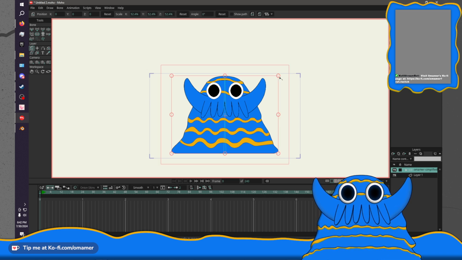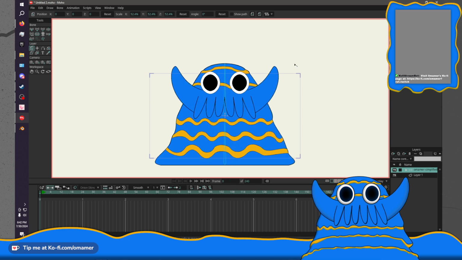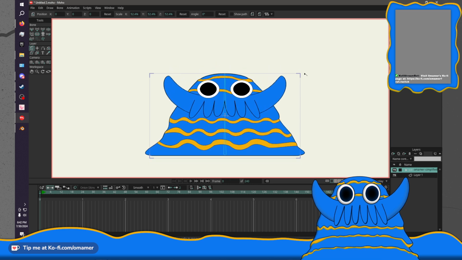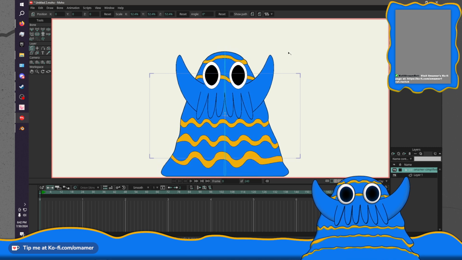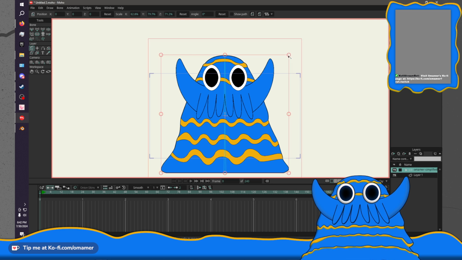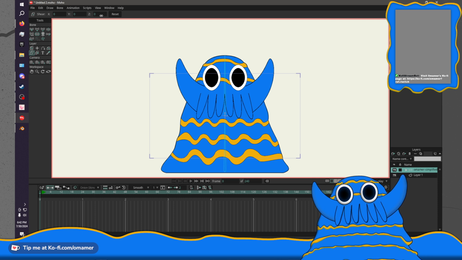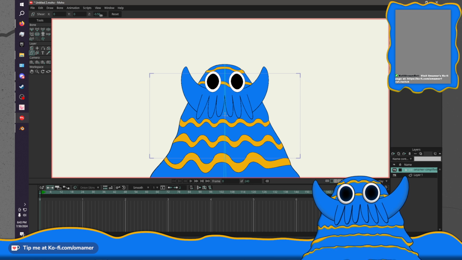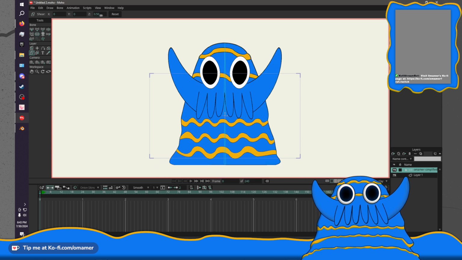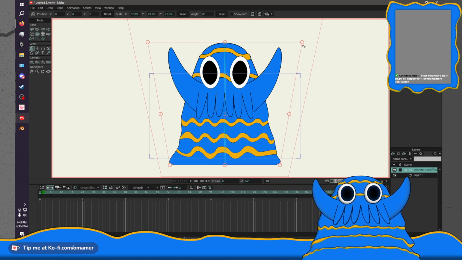Okay, I think maybe this is what I'm trying. So if I make him a little taller along that way first, and then we shear him. Nope, wrong way. Okay, well, we're getting somewhere.